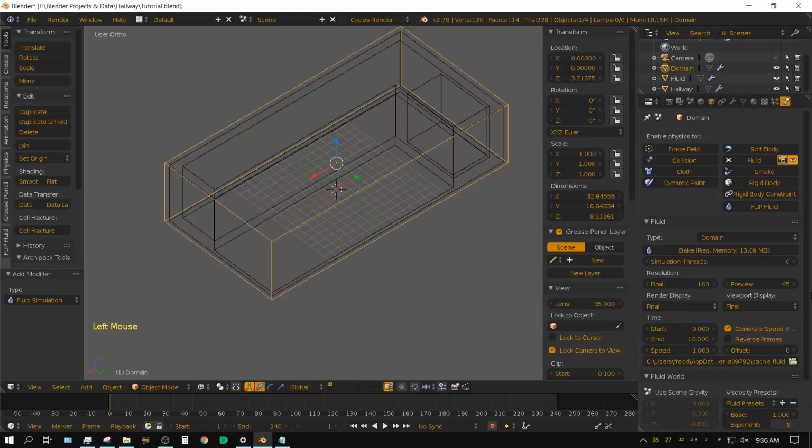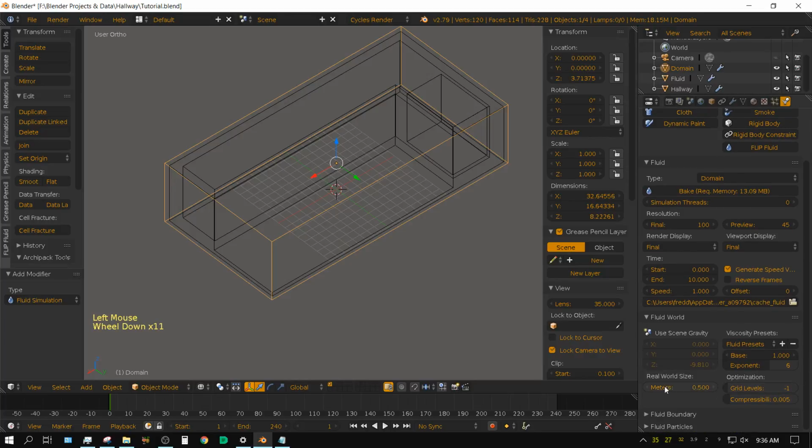And then right here you have fluid world. Now, on something like this, a flooded hallway, I generally will turn this up to as high as it will go, which is about 10 meters. And you have some presets over here for fluid types: honey, oil, and water.